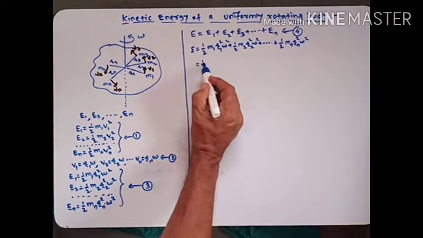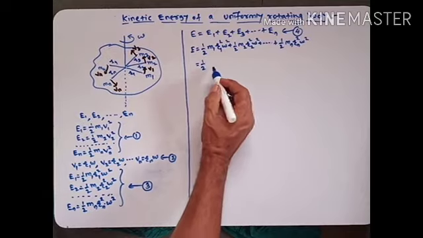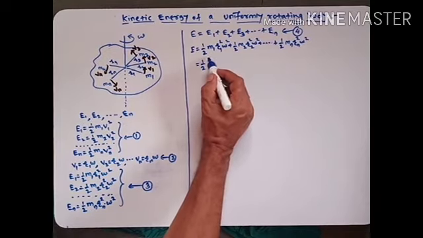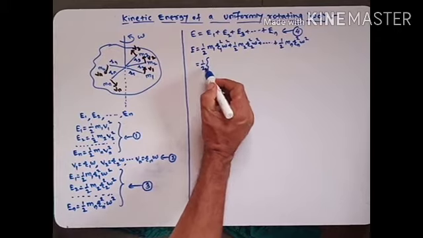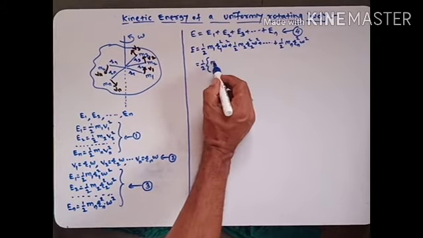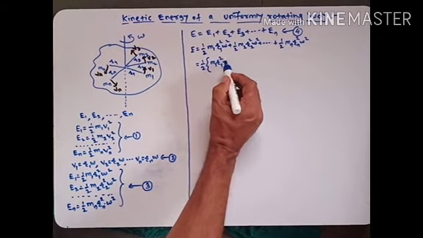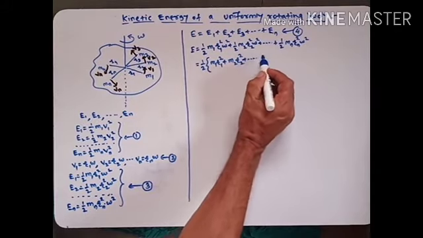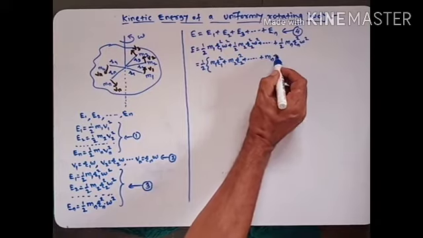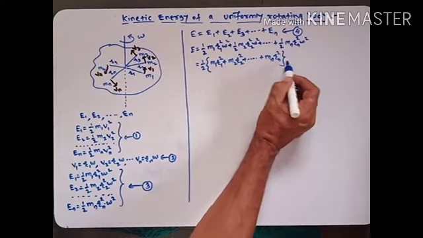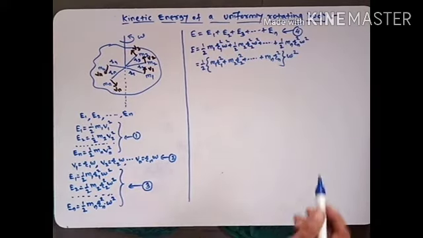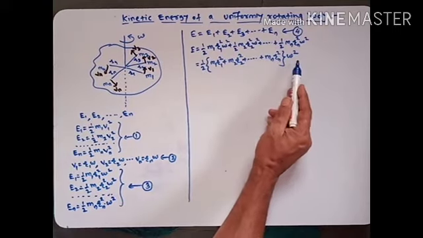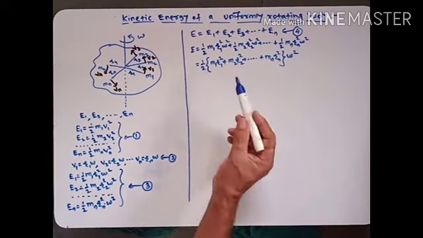Then we take half as a common and also omega square as a common. We write here half, then m1 r1 square plus m2 r2 square plus up to mn rn square, and we write omega square here. That means half on left hand side common and omega square on right hand side common of this bracket, and